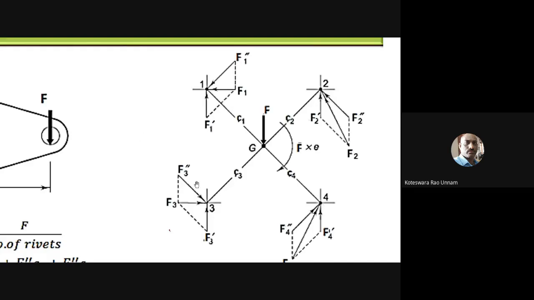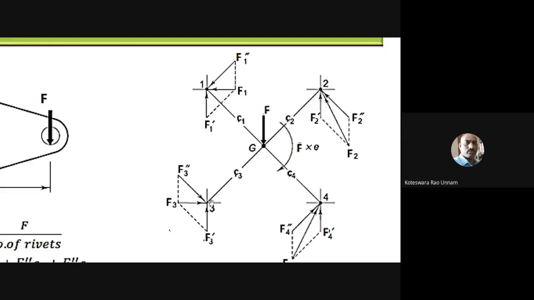So therefore you need to find the diameter of the rivet based on F3 only, not the least force values. You need to design the rivet for the highest value of these forces. So I'll get that value. Once I take the highest value, that is the force which the rivets are subjected to. Then 5 by 4 d square is nothing but the shearing area of the rivet. So load divided by the shearing area, I'll get the shearing stress in the rivet, which should be equal to the allowable stress. In that only the d is unknown to me,